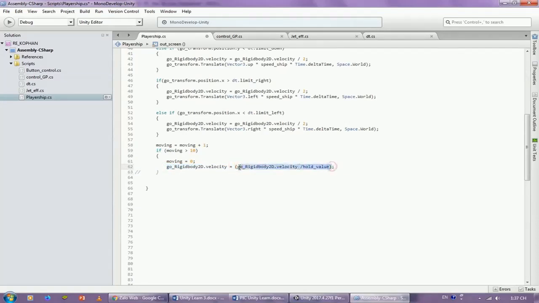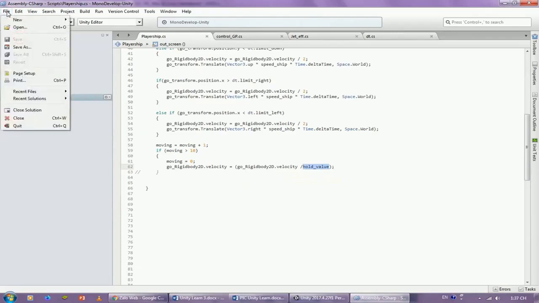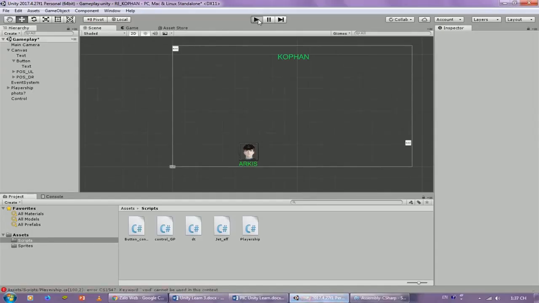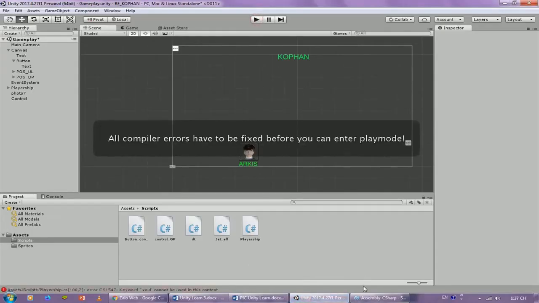The speed will decrease slowly. You can change the number of cycles from 10 to another value, or change hold equals 1.5. Each character will have a different hold value, corresponding to its characteristics. Some characters move fast and hold fast, or some characters move slowly and drift with a lot of inertia. Now I will try it with hold and see how it changes.